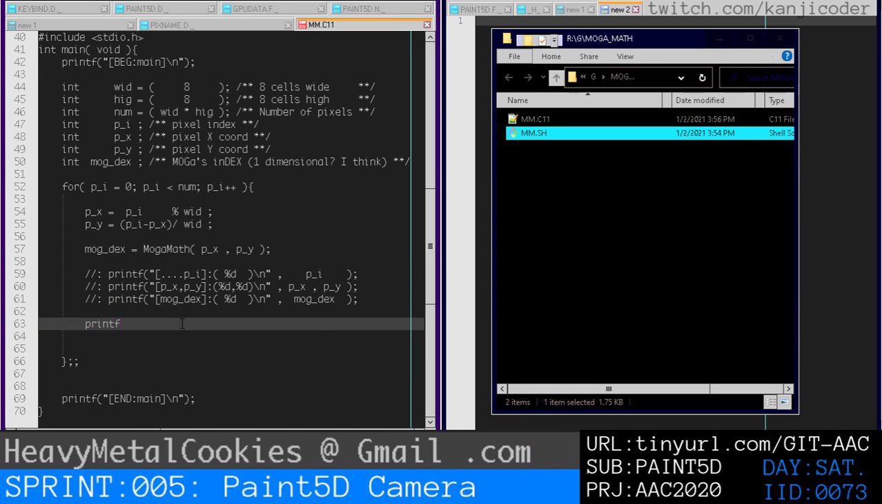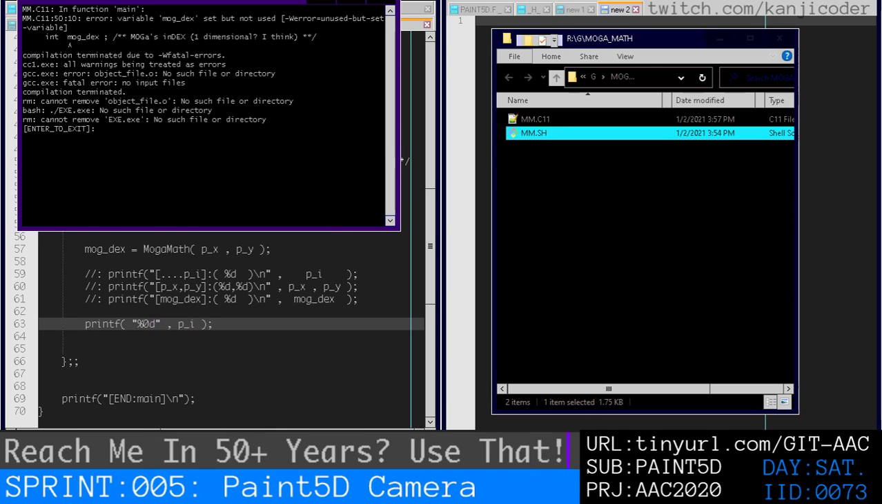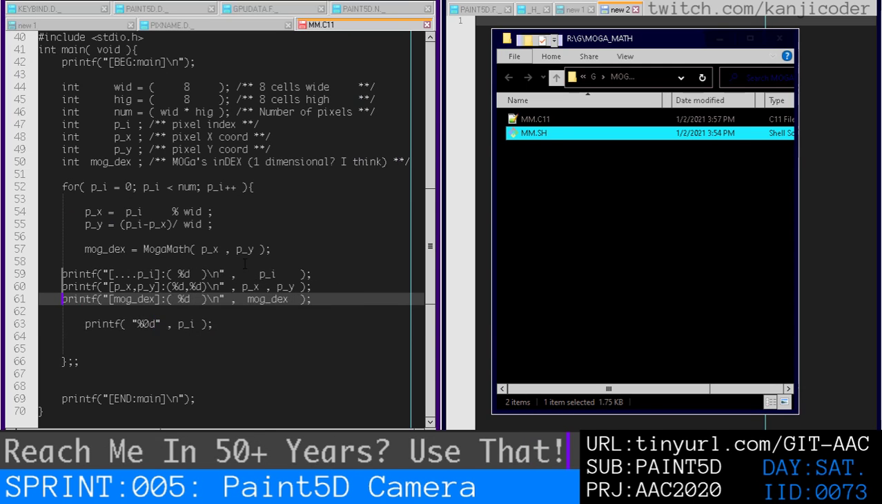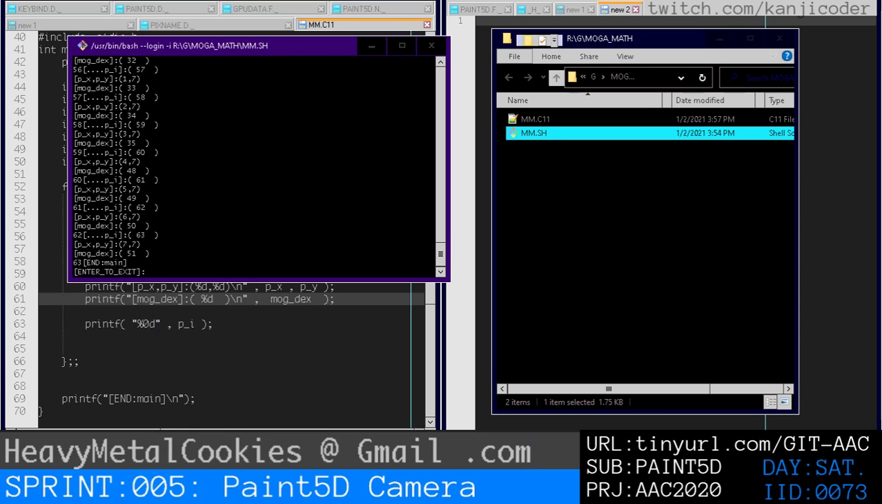Let's do printf. It should be like percent, what is it, 0D, I believe, for 0 in front of it. Printf percent 0D, let's give it a shot. So just do the pixel index, right? I think without the printf we might get set but not used. So let's throw this back in here really quick, because I don't want to worry about it right now. With that printf 0D pi, do we get the